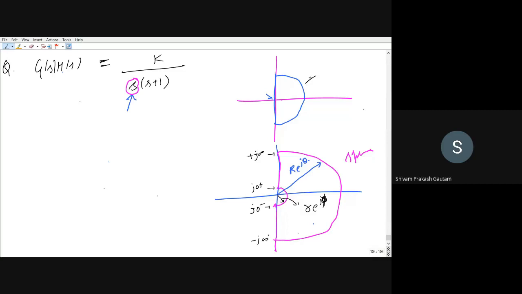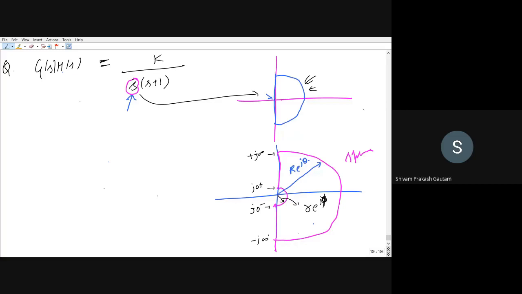Earlier our Nyquist contour was like this, which covers the pole at the origin as well. But we did not have any problem, because in the earlier problems there was no pole at the origin. But in this problem, the transfer function has one pole at the origin. If you consider this as the Nyquist contour, then it will include this pole at the origin as well. But we do not want to include this pole. Why? Because this pole is not on the right hand side, it is at the origin. Nyquist contour is a closed path which covers all open loop poles lying in the right hand side of the S plane. So in order to exclude this pole, I have taken a small semicircle.